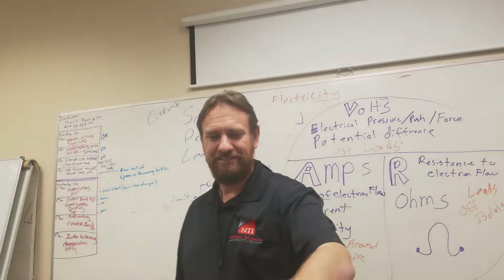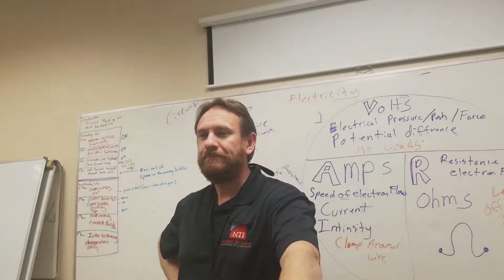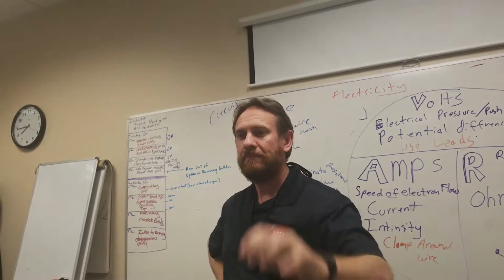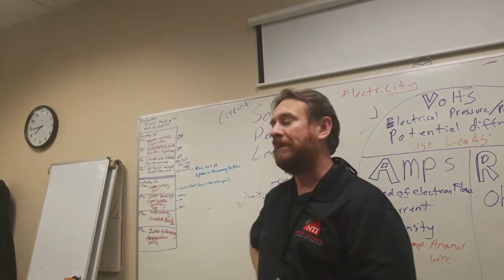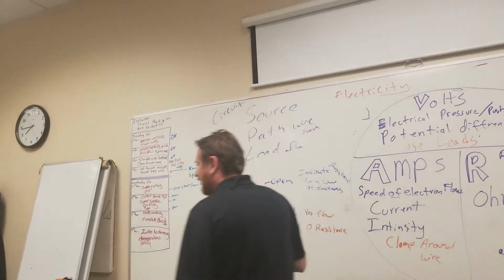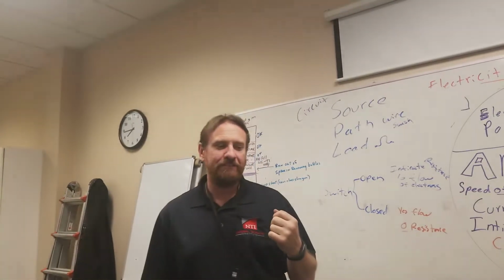So RC cars, when you use the electric motor in an RC car, they count the power by the amount of turns. I don't know if this is the newer ones or the older ones, but the fewer turns it had, the more powerful the motor was. That's right. So let's think about that. It always baffled me. If I have an electric heater and it has less...